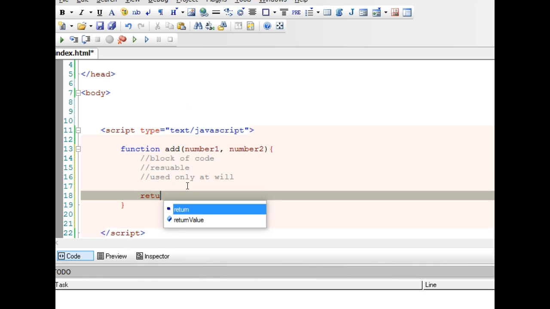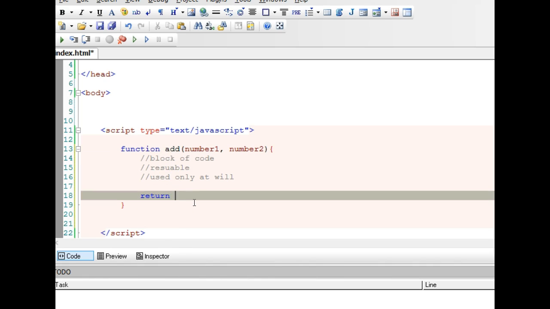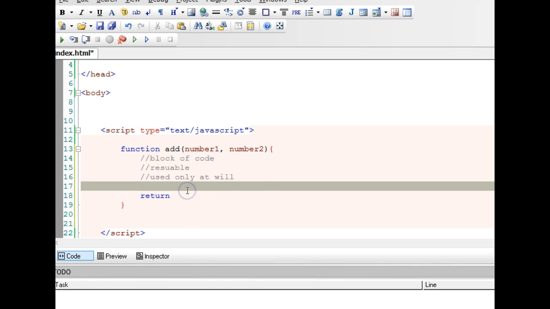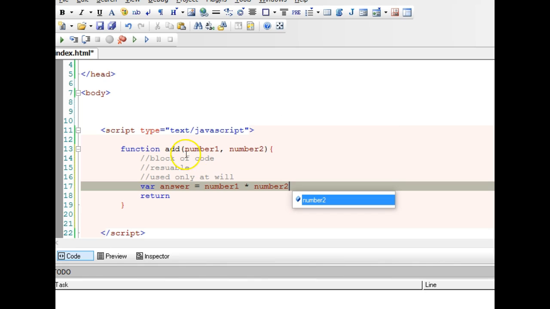Functions usually have a return statement. A return statement is what value is passed out. So we're passing in arguments as parameters, then we are returning the output. So let's say what will come out eventually will be, well, let's say answer. Our answer should be number 1 plus number 2. This is addition, so we will just do a plus. Alright, so we will return our answer,